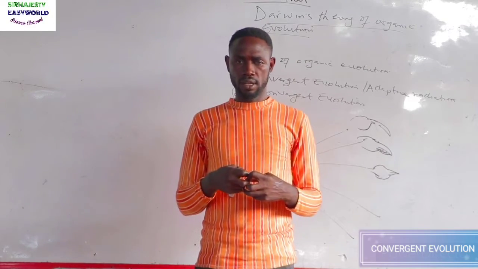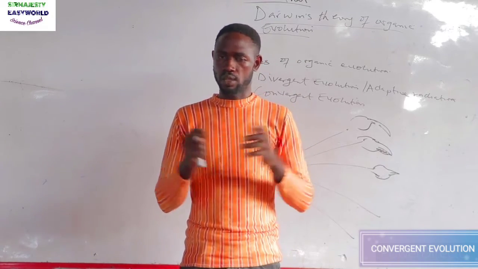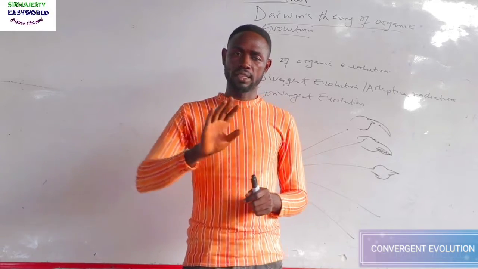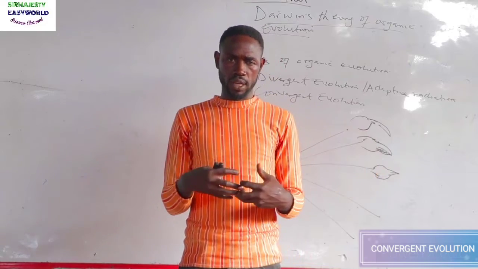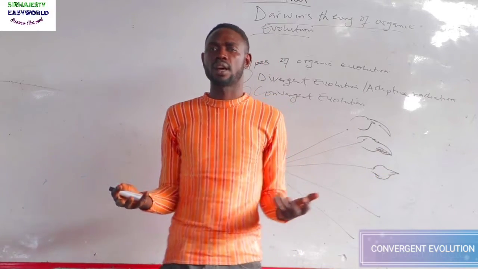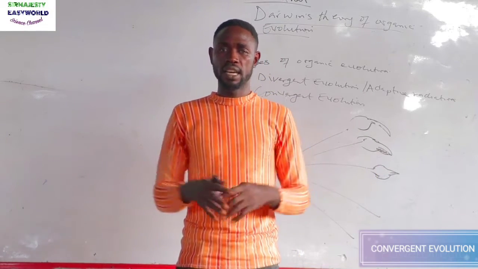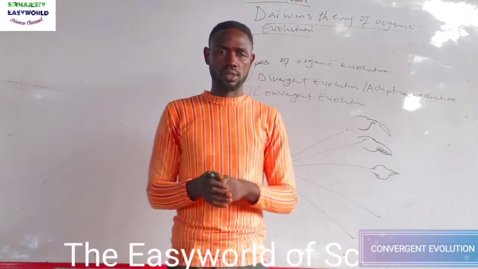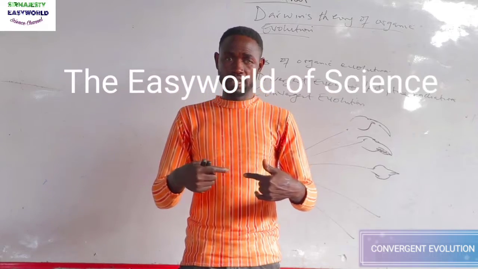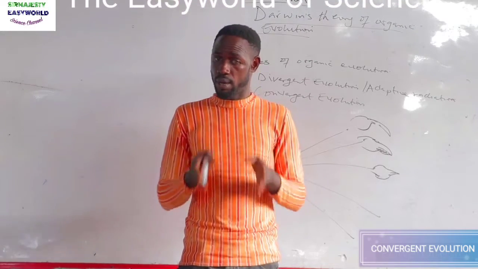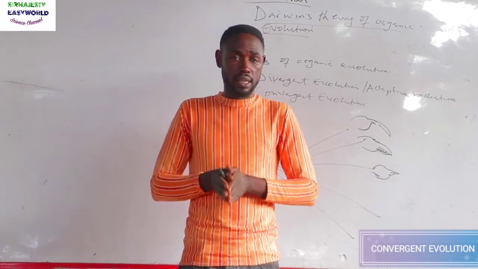Husband and wife that resemble, you take it as convergent. Why? Because the woman has a separate parent, the man has a separate parent. But when you see the two of them, you might ask the man, is this your younger sister? That is a good example of convergent. They came from different sources, different ancestors, but they are now looking alike. Remember, this is just an example that makes you understand what I'm saying, not that this is the scientific example.